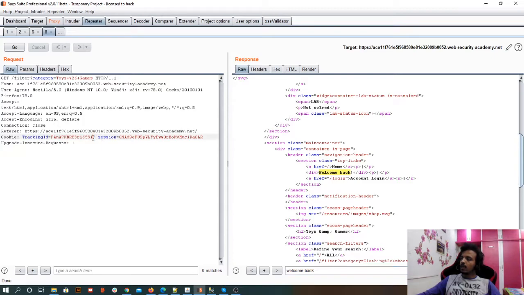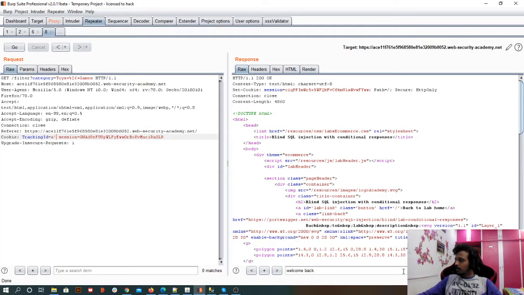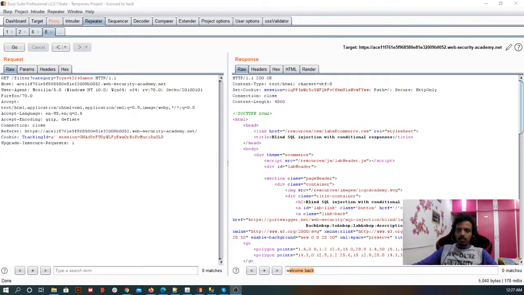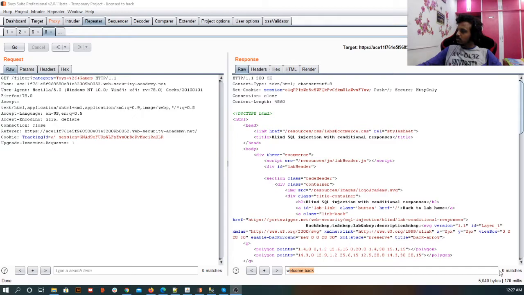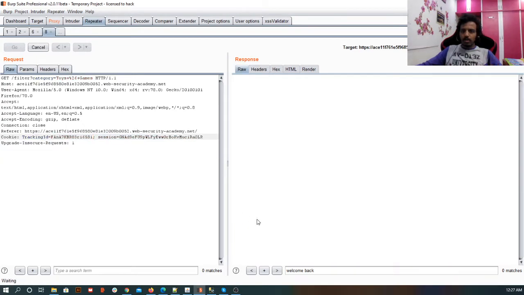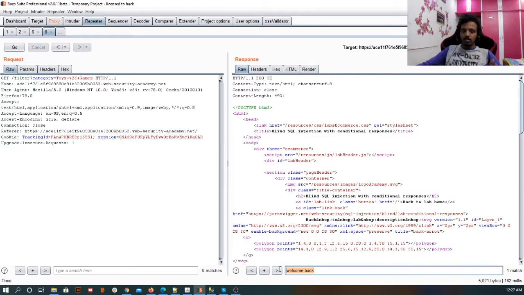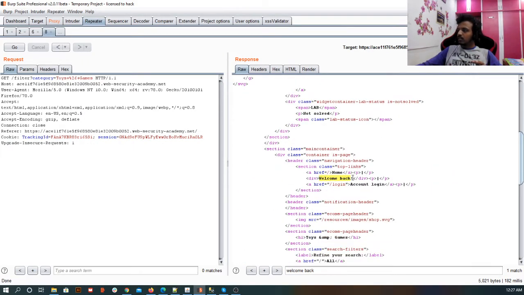So what I'll do is simply give some random value, say a. Now let me hit Go again. Am I getting welcome back? You can see here we have zero matches. Let me move my webcam somewhere else. Now you can see zero matches. Now when I give the correct value, the previous value, and click on Go, you can see there was one match. This welcome back is there, here. So this is what the problem statement was saying: if your request is correct, you'll get welcome back as a response, otherwise you won't.